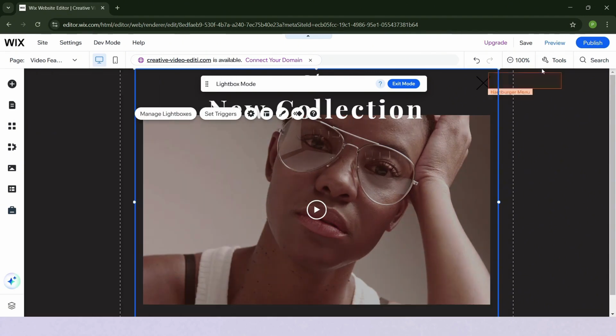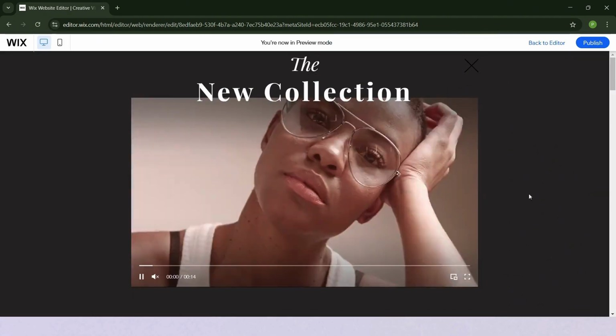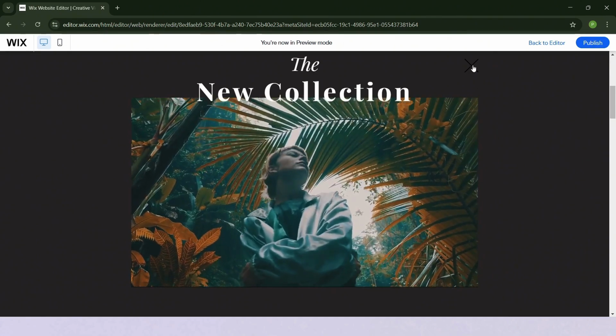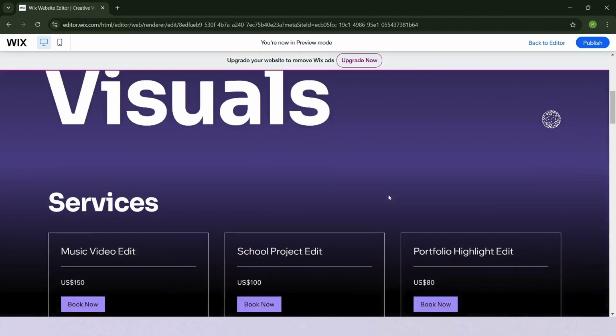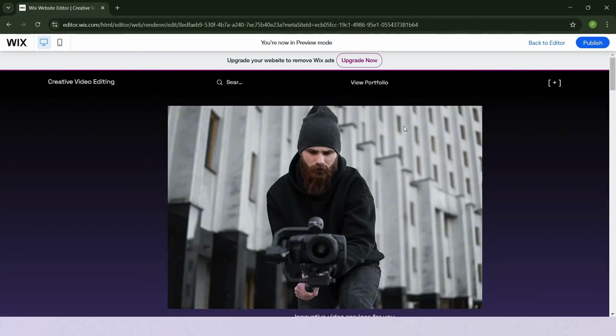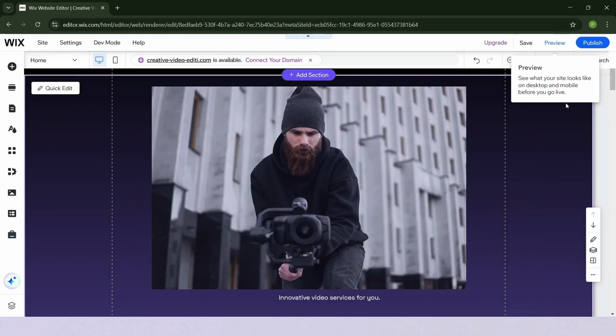And then when you're done, let's click preview. It's going to look like this. And when we close it, it's going to go back to the site. But also when we're going to publish this one